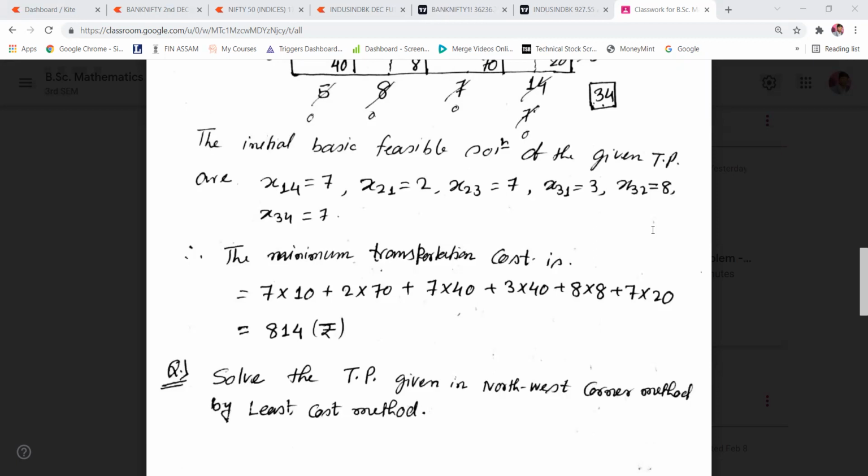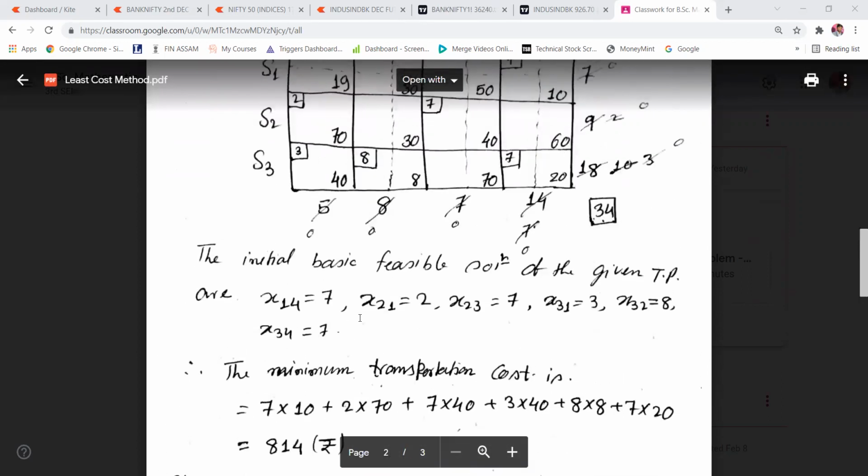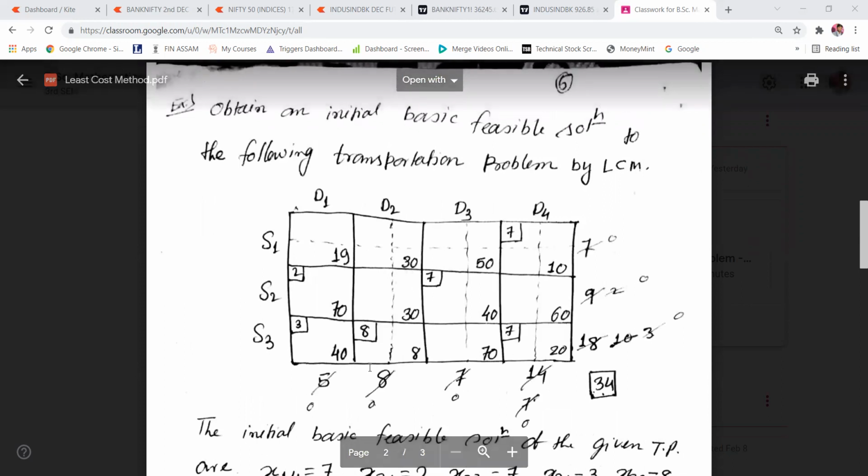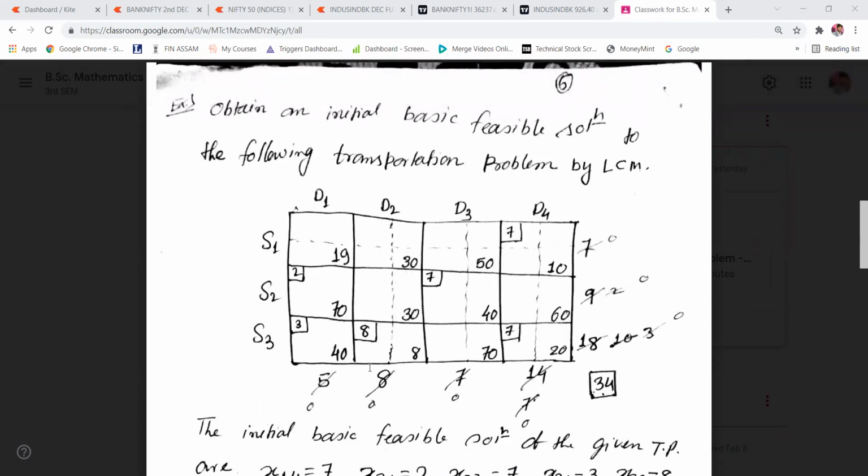Since it is a transportation problem, our motive is always to minimize the transportation cost as much as possible. Out of these two methods, the least cost method is giving the minimum transportation cost. So this is the method for solving a transportation problem using the least cost method.